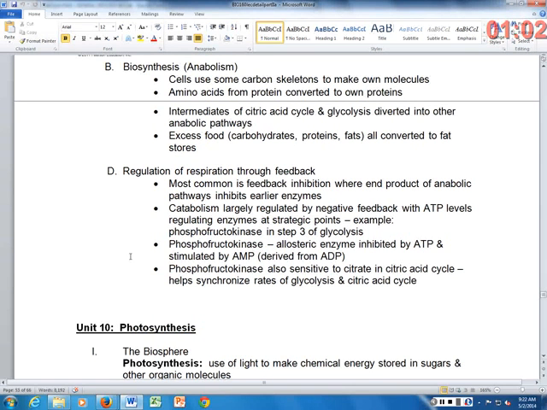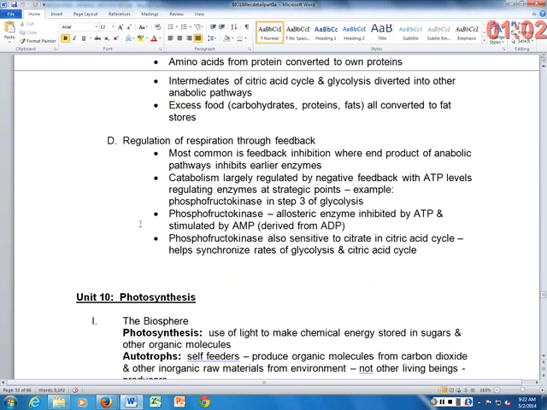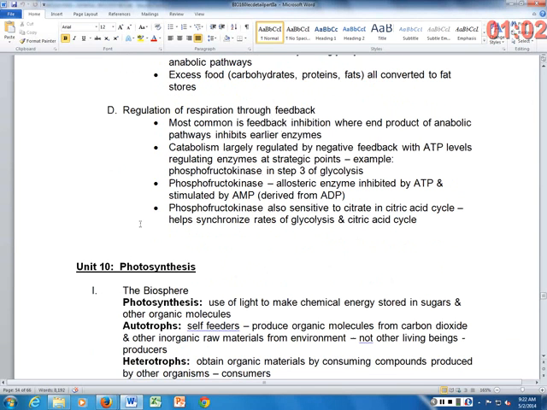So regulation of respiration through feedback mechanisms. The most common is feedback inhibition, where the products of the anabolic pathways inhibit earlier enzymes. If you're making substances you need in your body, when you have enough of it, that end product that you make is going to shut down the process in there. So that is the end of glycolysis. I'm going to start a separate